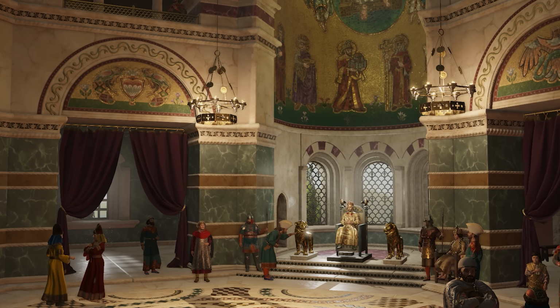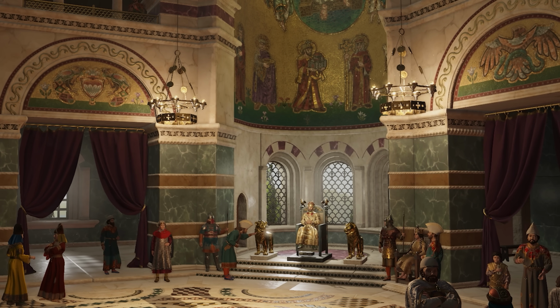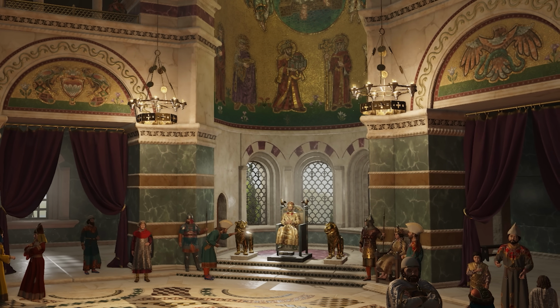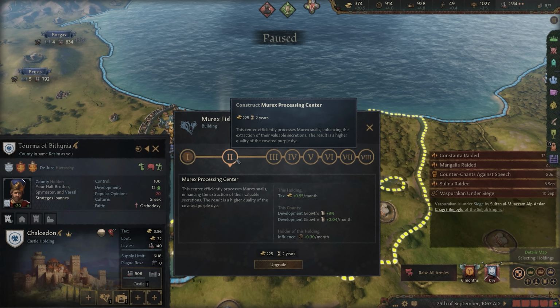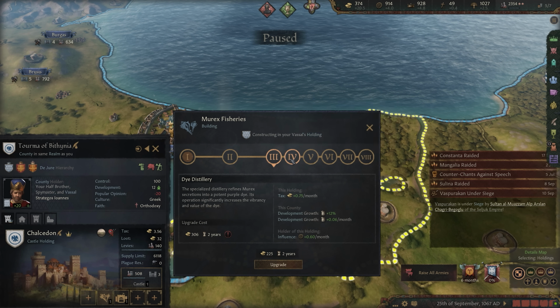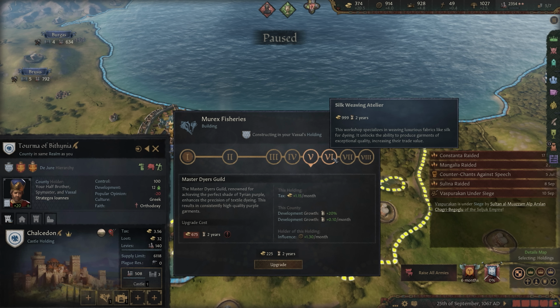So in Roads to Power, we've added a ton of new assets in terms of music, clothing assets, and a brand new royal courtroom. It looks beautiful, and it really models this amazing reception hall that we have historical records of from Byzantium. One of the new buildings we added is Murex fisheries. So now that we have Murex fisheries to produce purple dye, of course the Emperor will be wearing purple, as well as an embroidered sash called the Loros, which a lot of our fans were very excited to see come to CK3 for Byzantium.